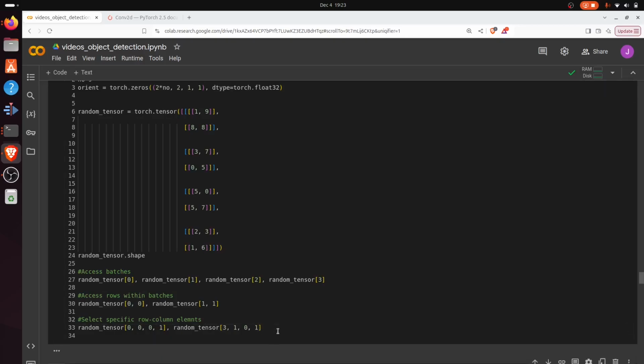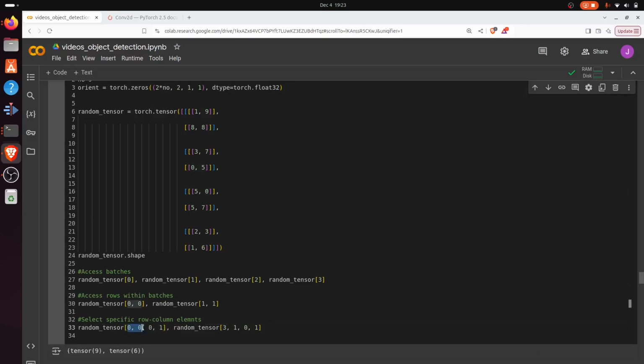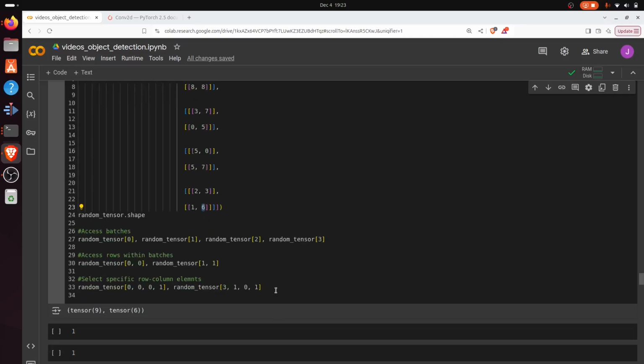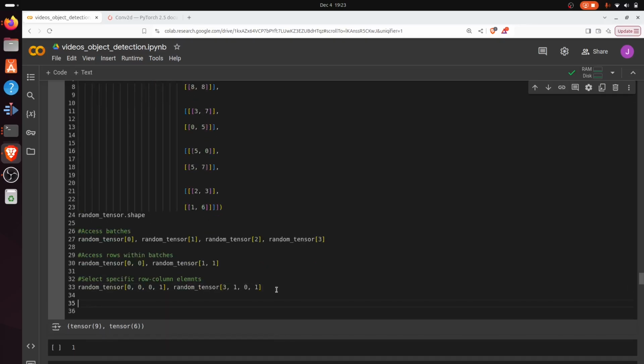Let's see. Great. So as you can see, for the first batch, first row, element within the yellow brackets, and first column, we get a 9 indeed, and indeed for this one we get 6. Fantastic. So now that we understand better how to access the specific elements of a tensor in PyTorch, we can proceed and define